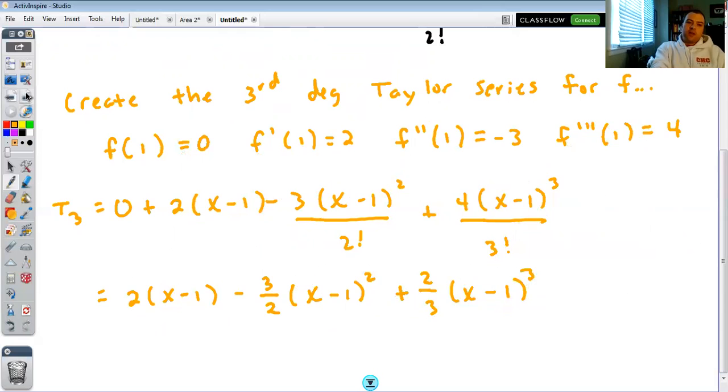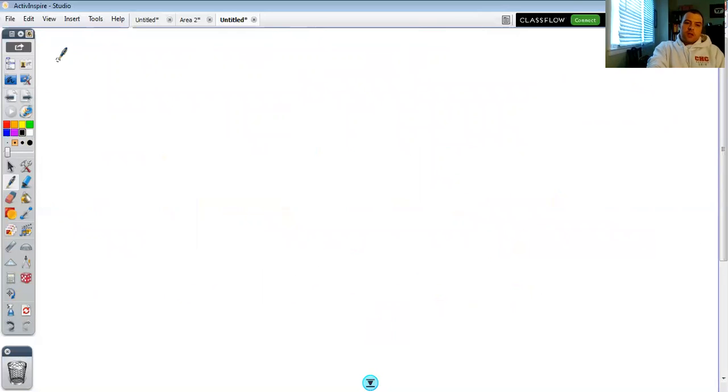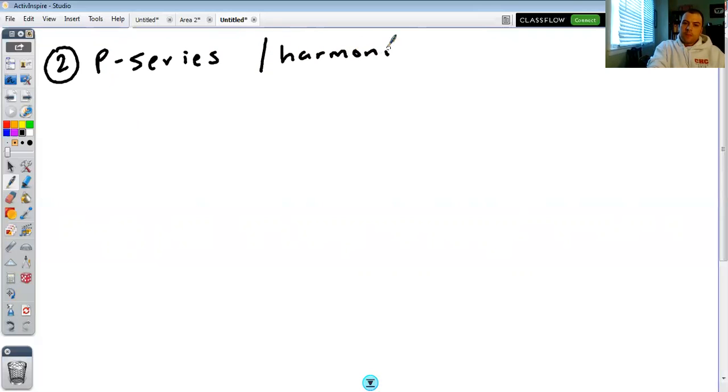Okay, so what else? What else this year? Most of the rest of this year centers on whether or not a series converges or diverges. So not a whole lot with power series besides the Taylor formula. So let's begin with P series and harmonic. So any series of the form 1 over n to the p power, or any multiple of that, 2 over n to the p is a